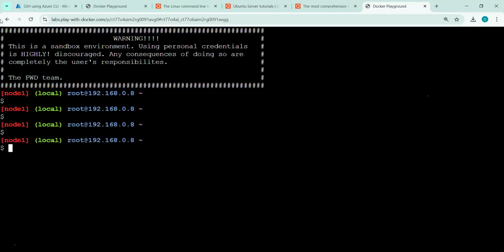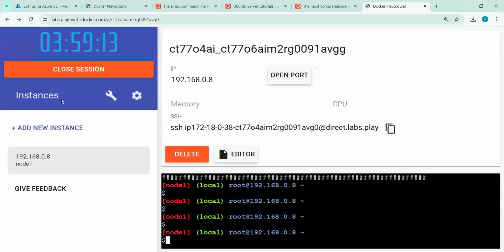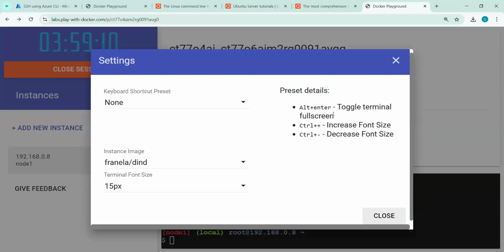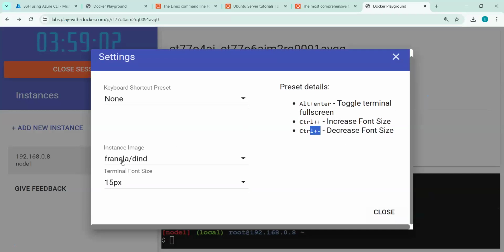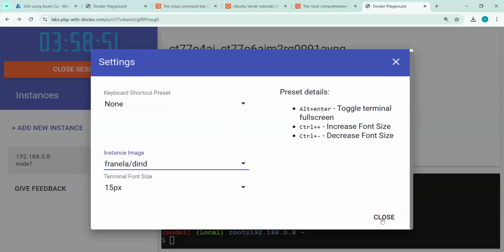And if you want to go back, just press Alt Enter again. And here are the settings and the shortcuts. Control plus plus is to increase font size, and Control minus is to decrease font size. And you can see which Linux image is being used. It is Flanella DIND. Can we change it? Yes, we have the option to change. Only 3 instances are available, which we can change.